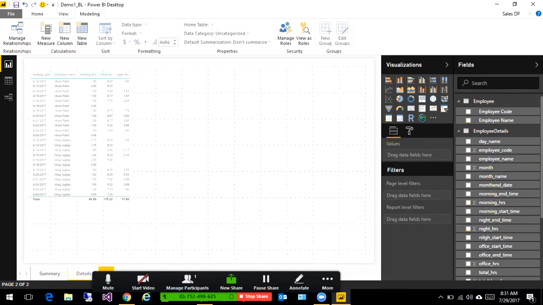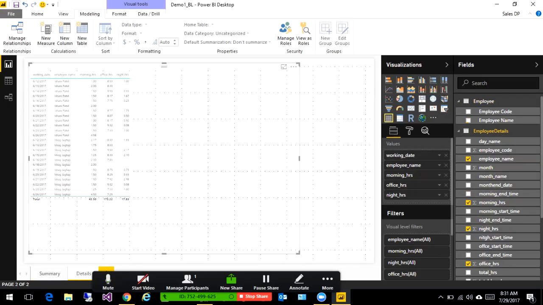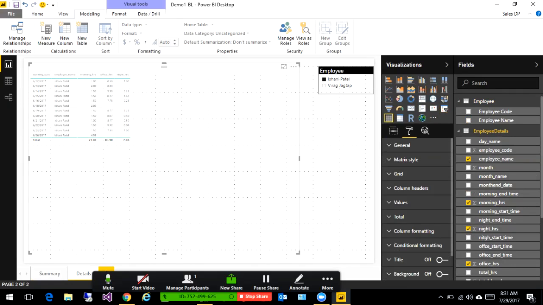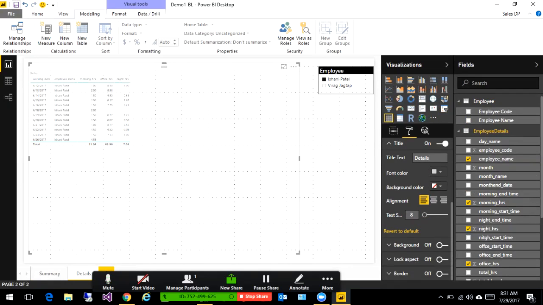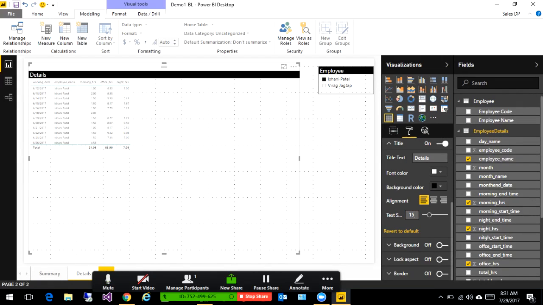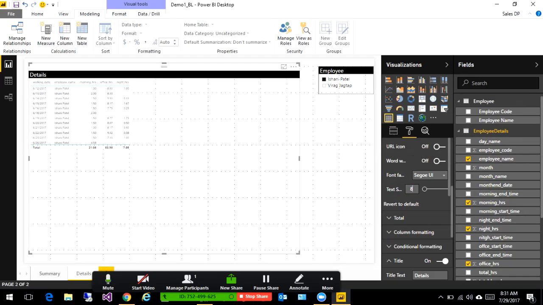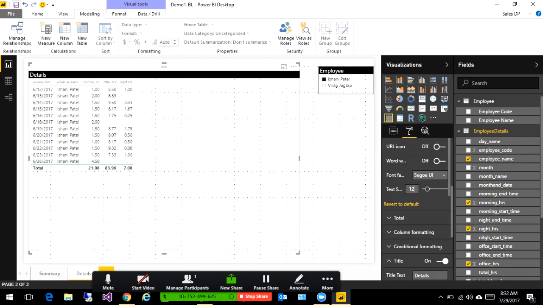Simply I will hit copy. Now I will press Control V. So now I filter details on that. Simply go to this and add a title here. Say it's details. And I want to make it simple right now. Okay, and you have these value fields. And you can also increase this to 12. Okay,